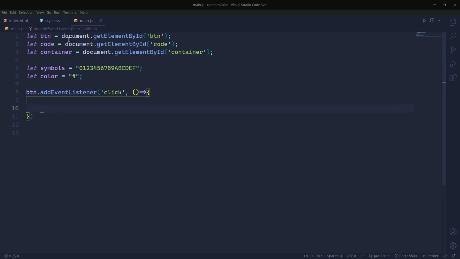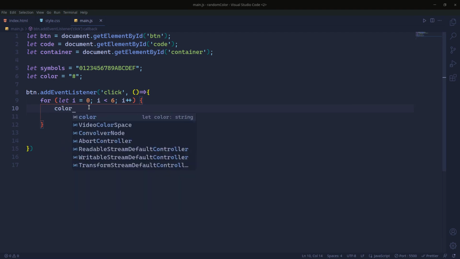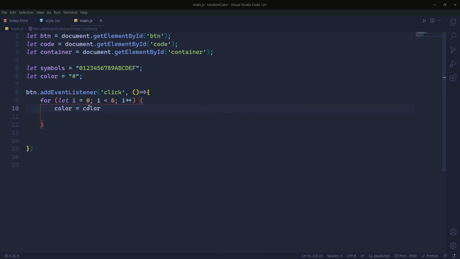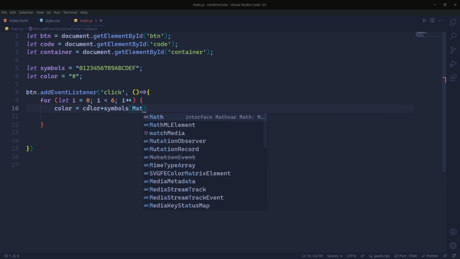ठीक है, तो यहाँ पर अब क्या होगा कि हम एक लूप चलाएंगे जो कि 6 बार चलेगा. And remove this value. Let's say i is equal to 0. i कहाँ तक चलेगा, हम इसको चलाएंगे 6 तक, because the hex value is a combination of 6 values. You can see that 2, 4 and 6. So now I'm creating the value and adding the color plus symbol, and inside the symbol I'm using the Math.floor,